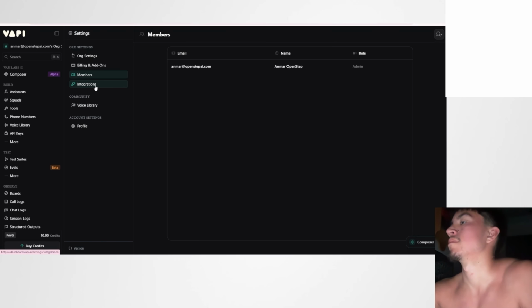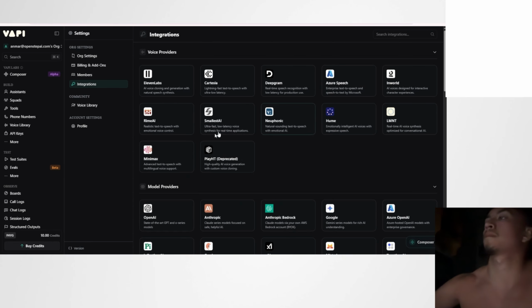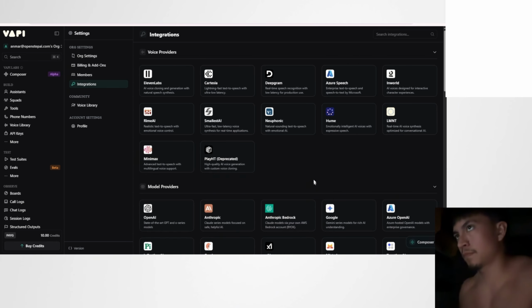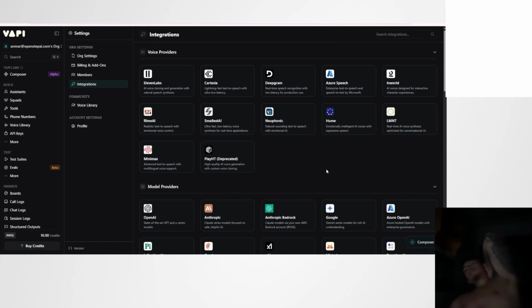And then down here, okay, this is one of my favorite parts. Integrations. This tells you what you can and cannot tie into your voice AI. So tell me what you see right here, Miles, because this is something that I clearly talked about earlier. I want to know if you remember what we talked about. I see a whole bunch of different providers, and if I'm not wrong, those providers are